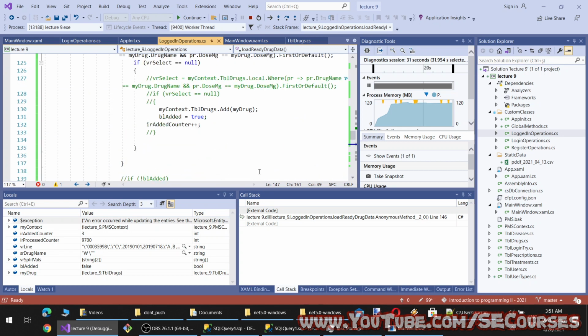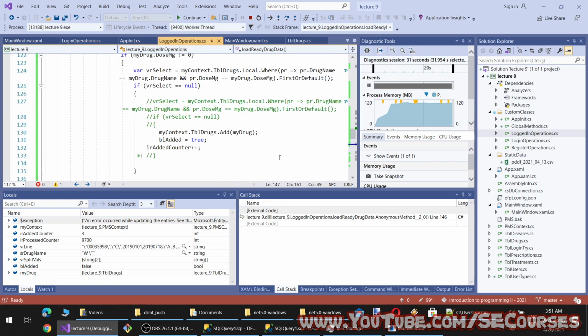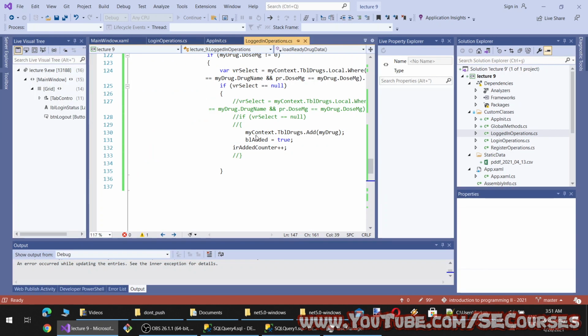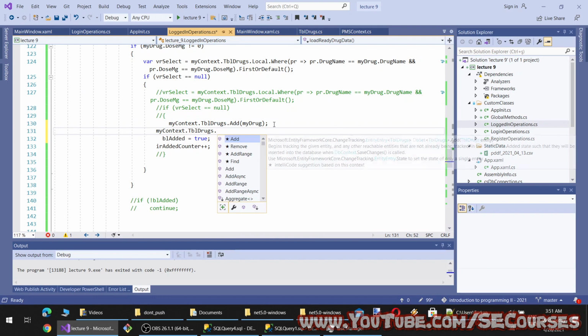Okay, how many edit? 3. Interesting. So probably this is not getting into local cache. So I also need to add this to local cache perhaps. Let's see if it will work.